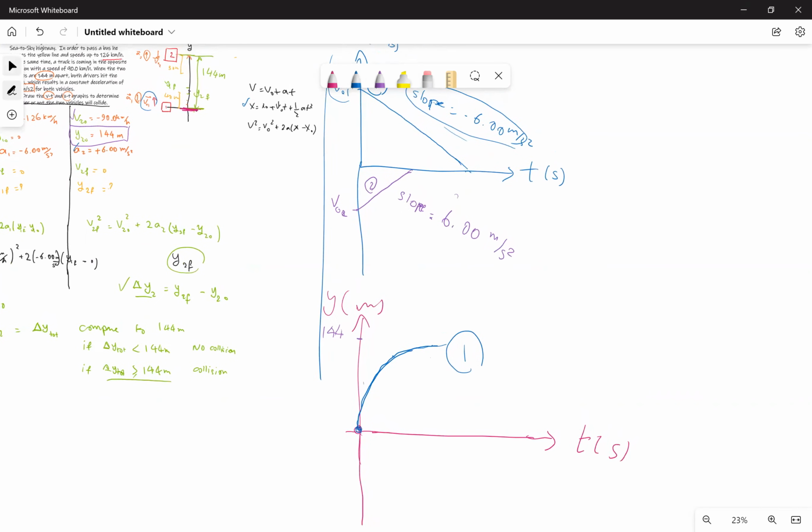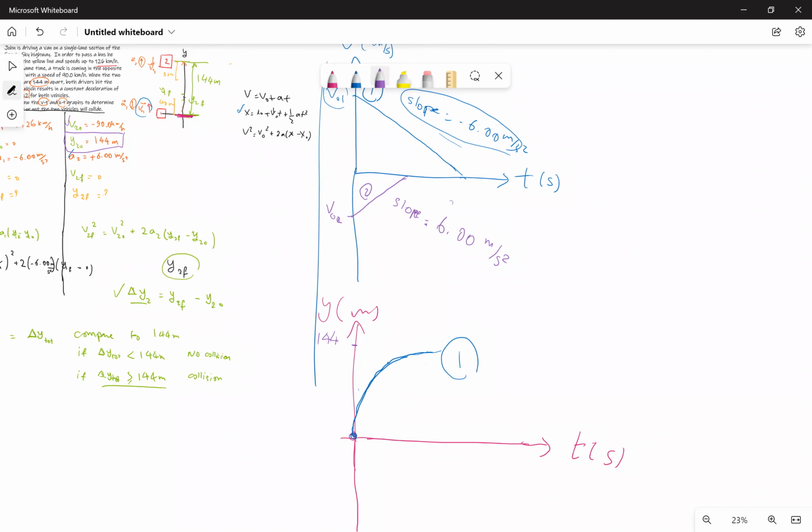Okay, now let's change the color to purple and take a look at car two. As the velocity is negative, that means we're going to draw a curve where the tangent at any given point should be negative. Okay, and based on that,